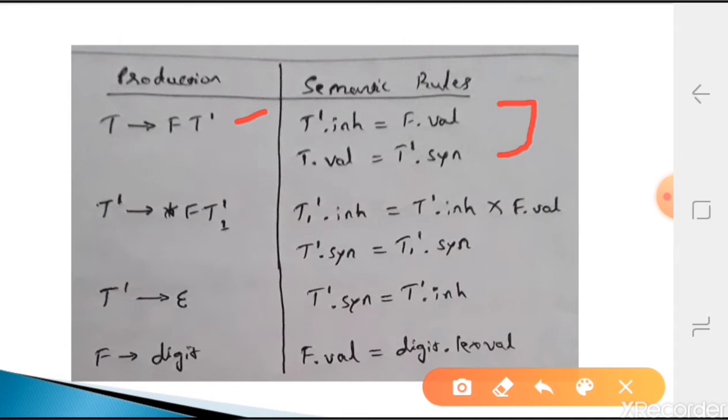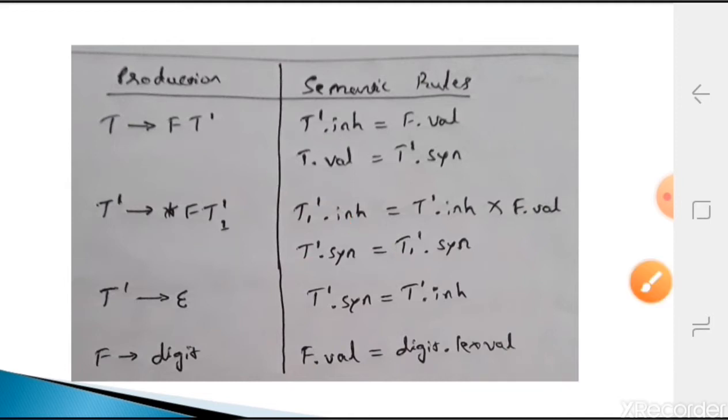The first one is for T', which has some attribute, T'.inh, that is inherited. You can give any name to these attributes, even T'.i, no problem.